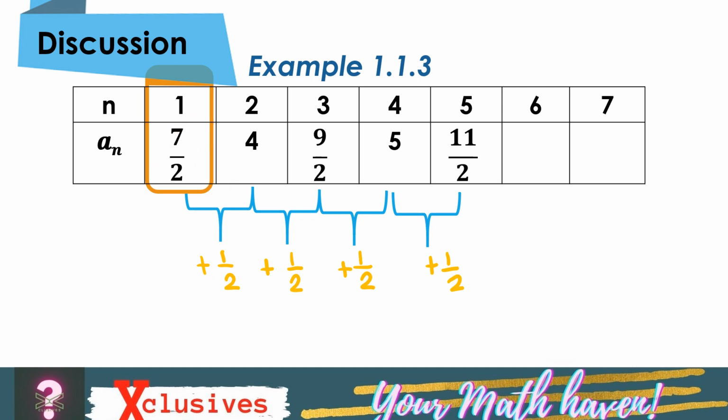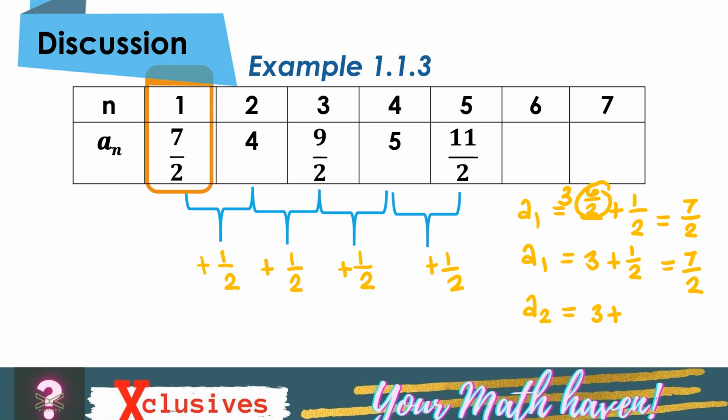Now let's write it down. Okay, that would be a sub 1 is equal to blank plus 1 half. That is 7 halves. So that must be 6 halves or 3. So that is 3 plus 1 half equals 7 halves. So our second term would be